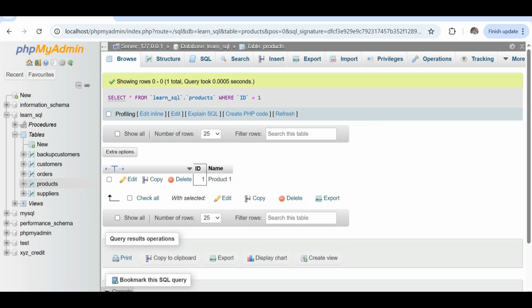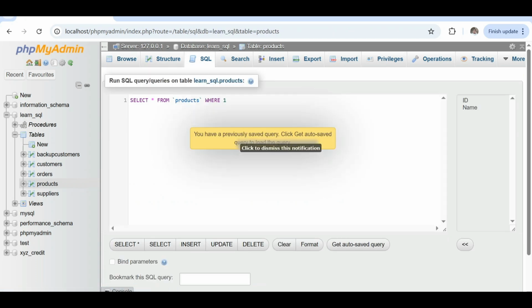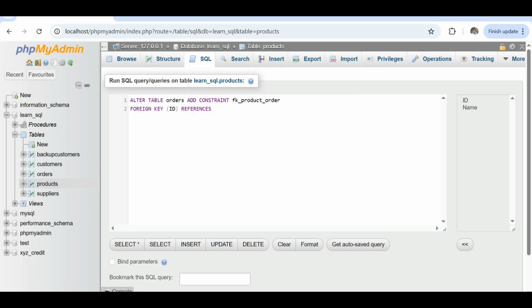Next I continue to the default constraint. The default constraint assigns a default value if none is provided. So if you don't insert a value in a column, you can make it have a default value.